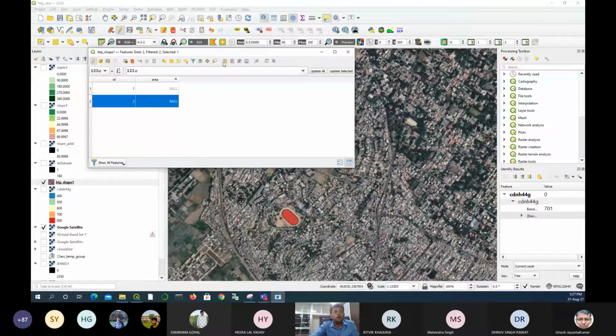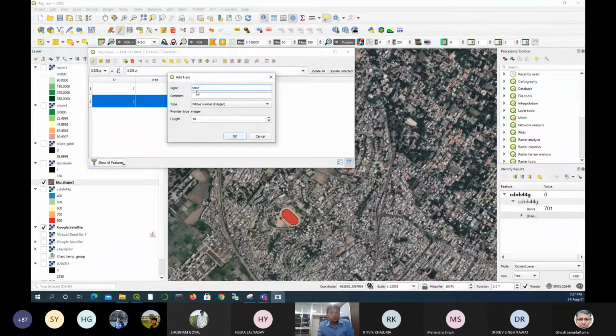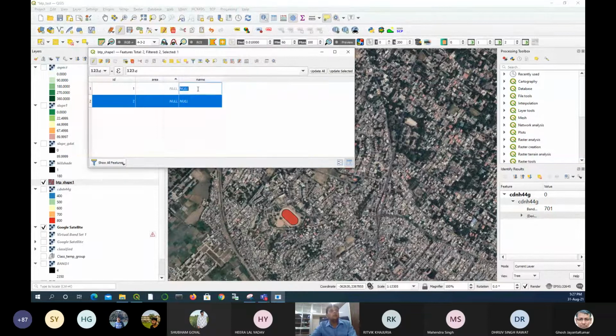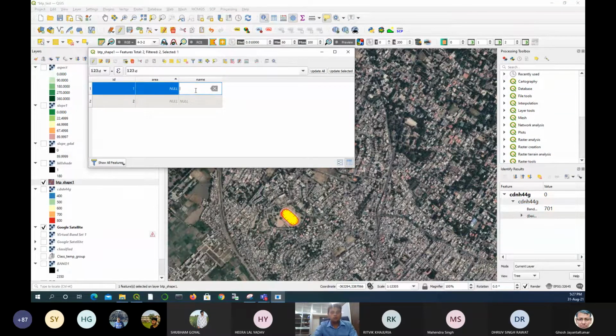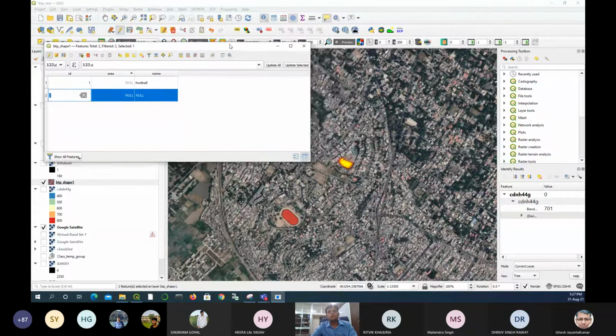You can also create one more column, maybe name, because you might be interested because you already know in which locality this is. And this is a text. So if you want to say, okay, the ID one, which is this one, is called maybe, we call this football one, like football, right? And the other one, which is this one, this is like a gully cricket kind of thing.